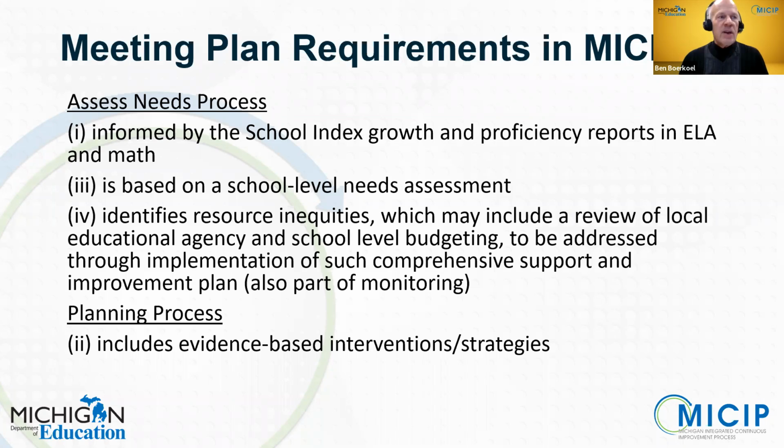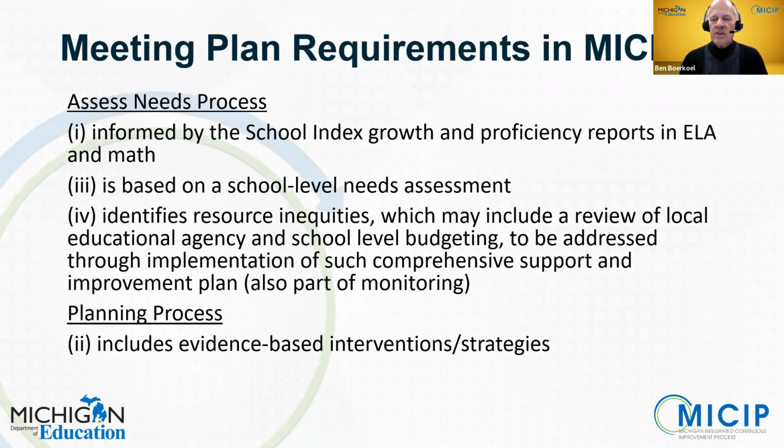And what that means is you actually have to go through a resource allocation review process if you are a CSI or an ATS. And we'll be providing some additional training and information, not in this session, but on that whole process. And basically what you need to do is to go through that study process and then post the results of that process, whether or not you find any inequities. And again, as we said, we will be sharing more information about that at another time. And then the 4th requirement is met in the planning process. So you need to include, as part of your plan,